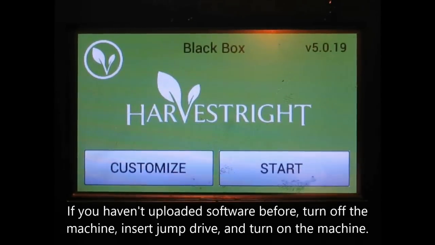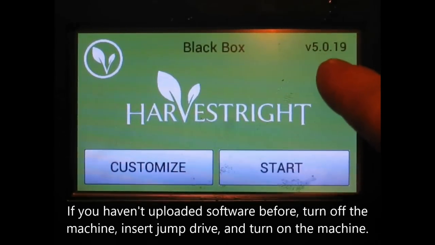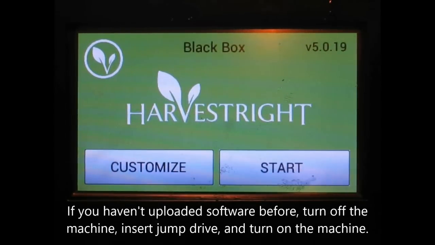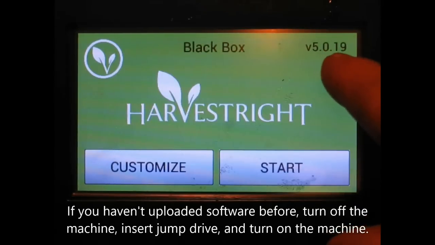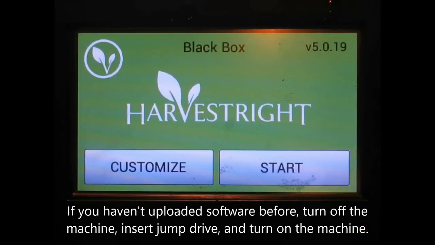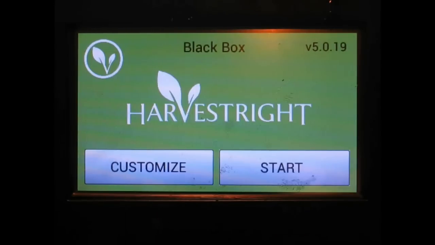Okay, so we installed the new software 5.0.19. Just to let you know, the 0 in the middle number has to do with your type of screen. So you could have a 0.0, 0.1, 0.2. My particular screen is a 0. But we're going to go through here real quick and take a look at the menu options. Pretty much nothing has changed as far as the menu options. There might just be one slight little change, and then we're going to go in and show you Harvestrite's new